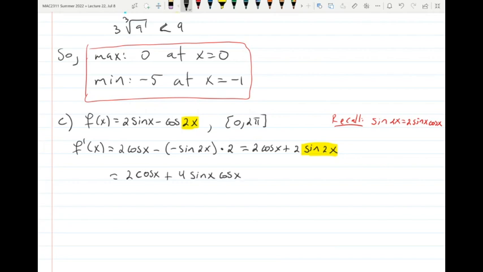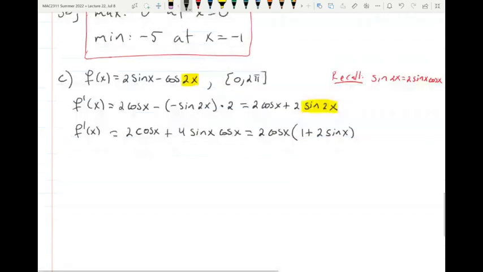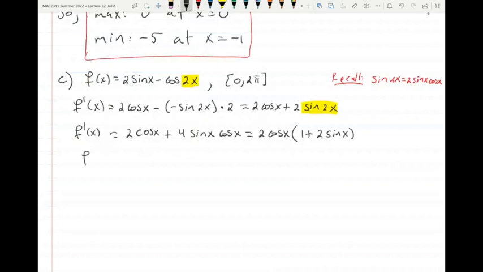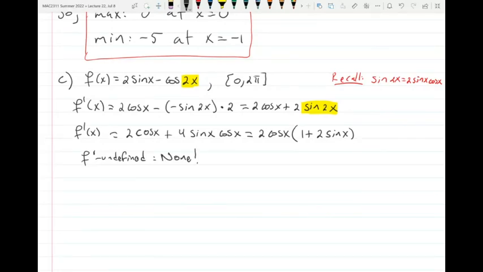And this then allows us to factor, so we can take out a 2 times cosine, and then we get 1 plus 2 sine. And so now we can easily solve this. Okay, so again, f prime undefined. This time it's not going to give us anything because this is defined everywhere. So then f prime equal to 0. This time we do need to solve. So we get this